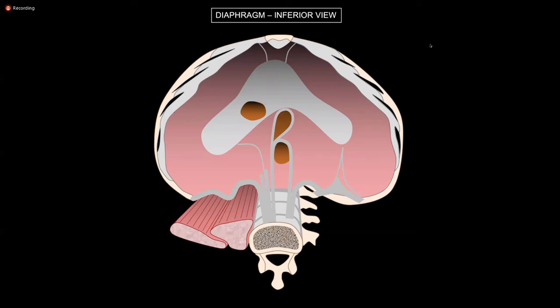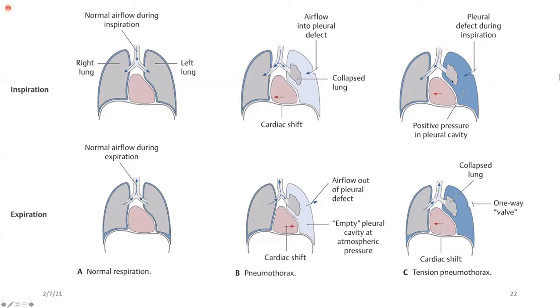What causes the one-way valve, Momo is asking? If the wound of entry is like that, there is a flap that has been raised. With each inhalation, the air goes in, and when we are exhaling, this flap comes and opposes this raised part, and it doesn't allow the air to get out. Like here, air was going out, but here nothing is going out.